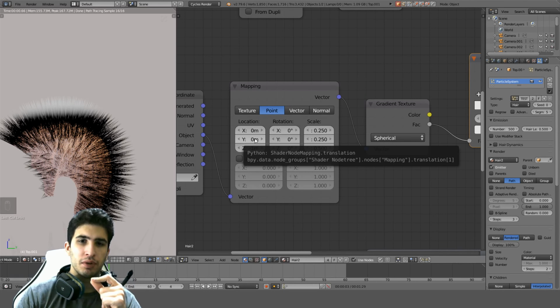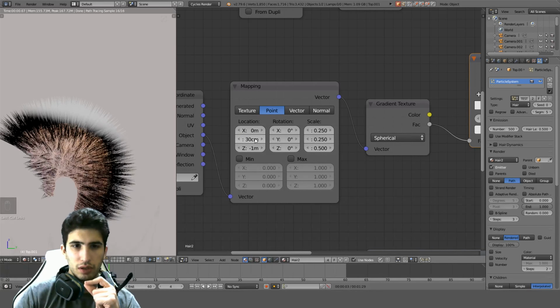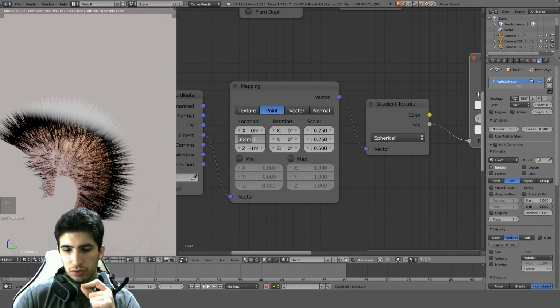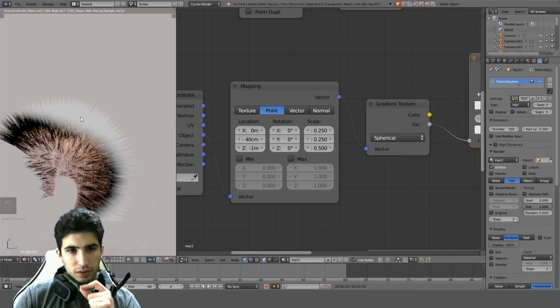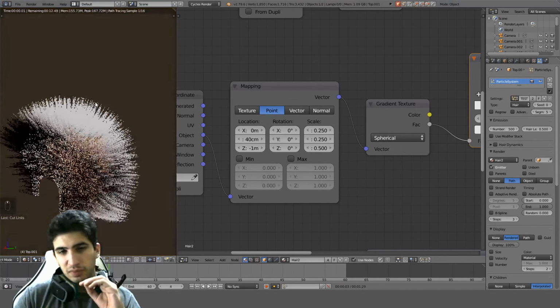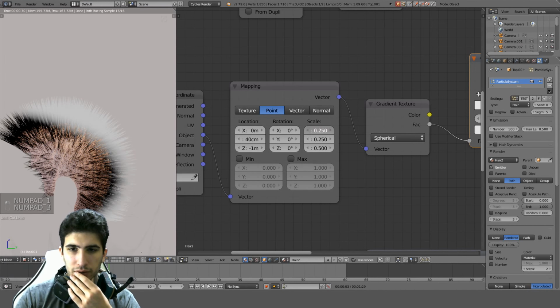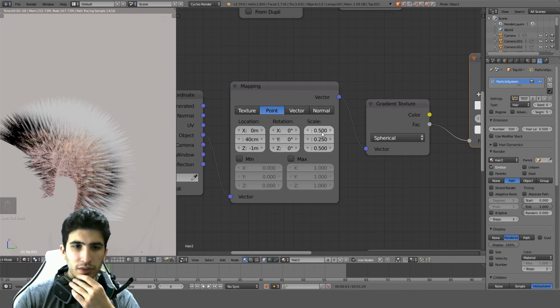Maybe I can move it with the Y. 0.1, 0.3. Okay, so far so good. 0.4. That's almost perfect. Now if I increase the scale on the X,